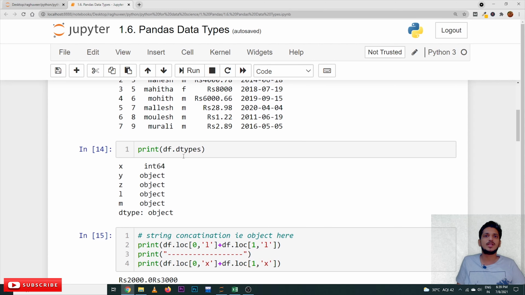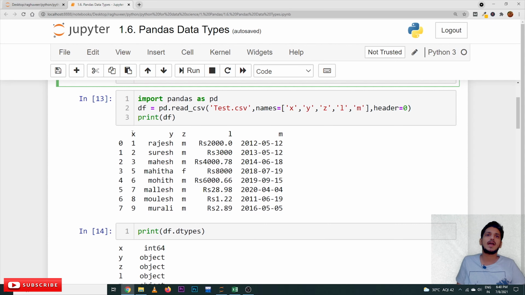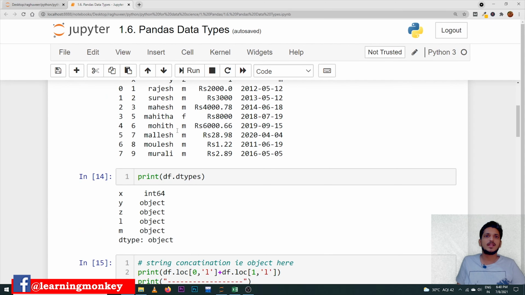Print df.dtypes. You use this attribute to display the data types of our columns. The x column is of type int64 because we have only integers. It is considered a pandas int64 type, and the remaining are all considered object type.